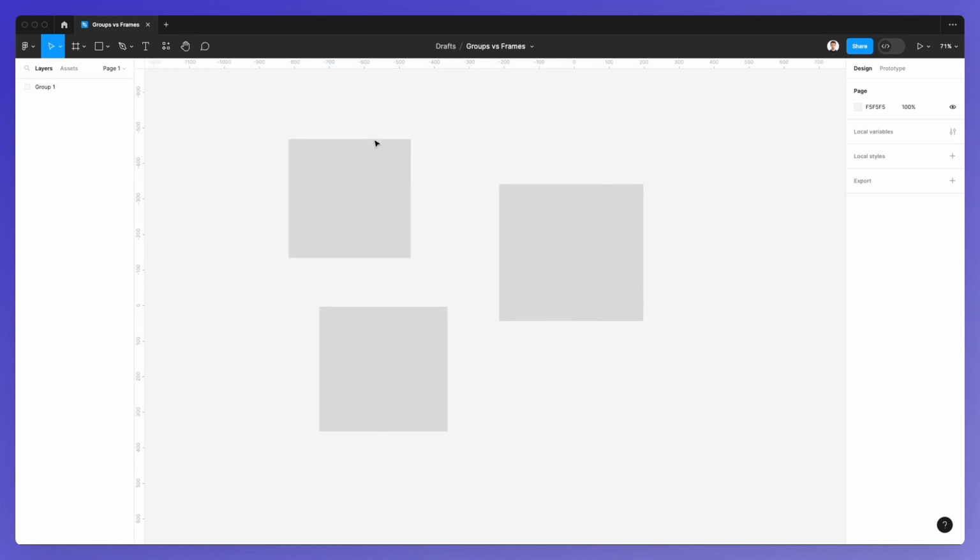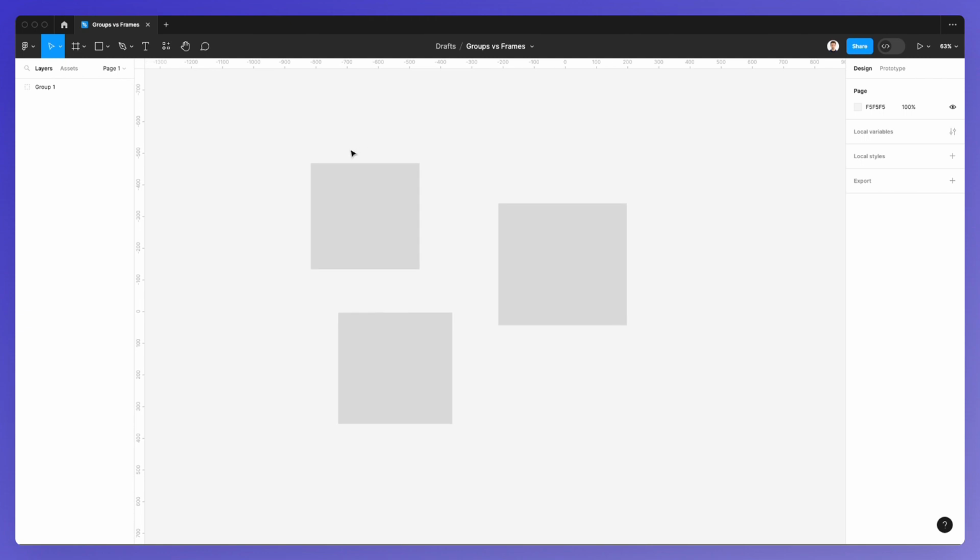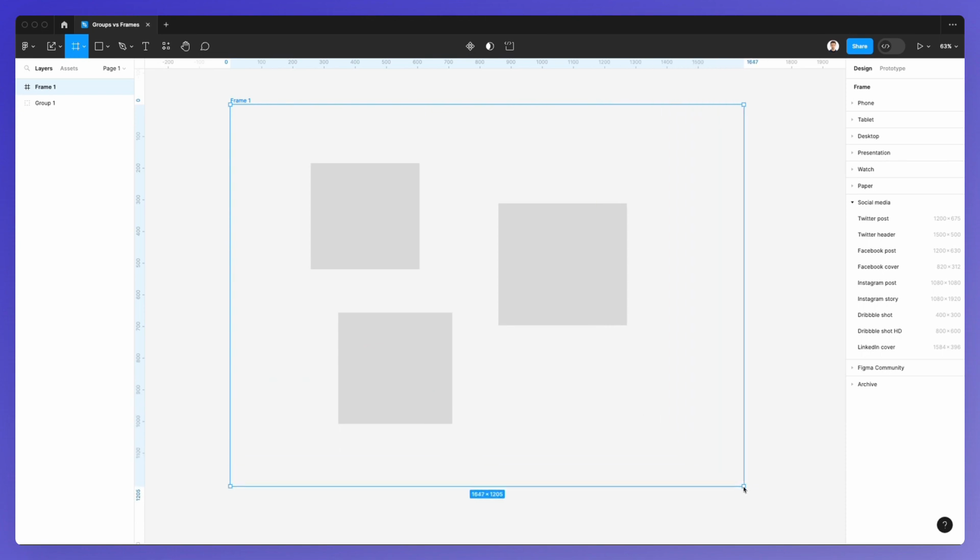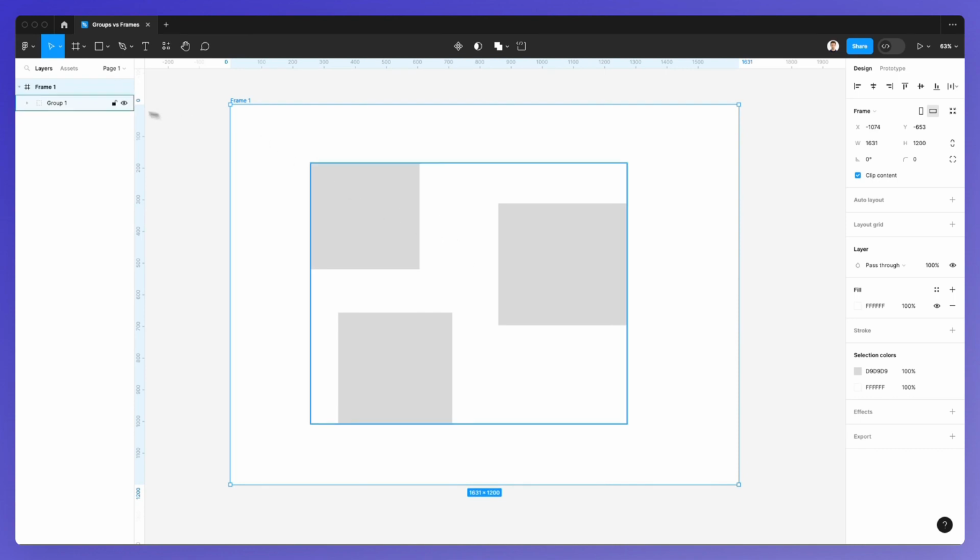Now that we learned the concept of groups, let's move on to the concept of frames. And frames allow you to choose an area of the canvas to create your designs in. And unlike traditional artboards, you can also nest the frames within other frames. And this is going to allow you to create more complex designs that work together. So in order to access and create a frame, simply select over here the frame option, and you can literally click and hold with the left mouse button, and you're going to create a frame on top of the